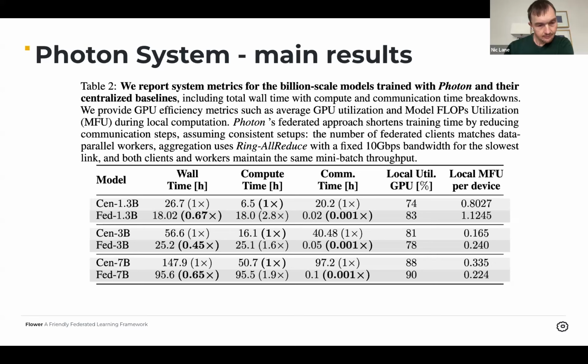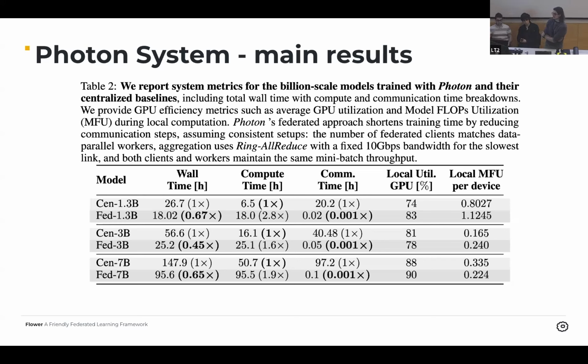So Christopher is asking, can you go over the Photon comparison again? I'm not sure which comparison, there are a few different comparisons. Oh, this is the federated versus centralized wall clock time. So there's a table that I believe was here. I don't know exactly what the question is specifically, but I can say again that the comparison we are